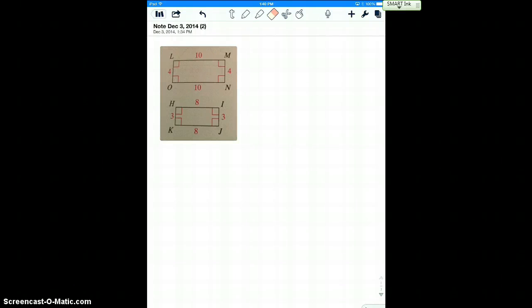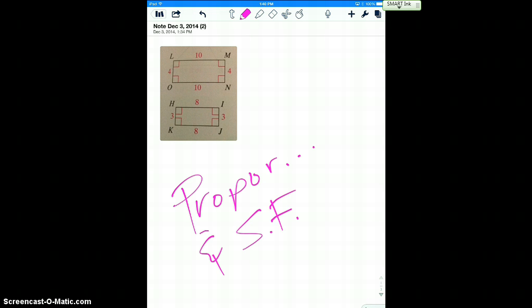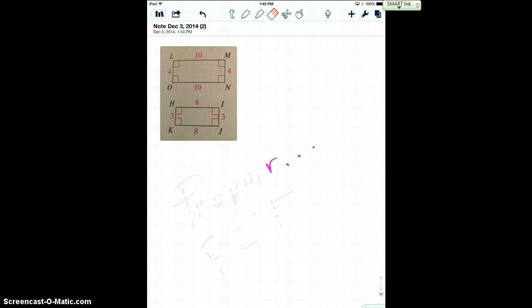Hello, you all. Okay, I said today we are going to keep going with your notes on proportions. So look where you have proportions and similar figures in your table of contents. We're going to keep extending that idea in your notebook right now. So with this first problem, what we're going to try and figure out, well, I'm going to tell you, or